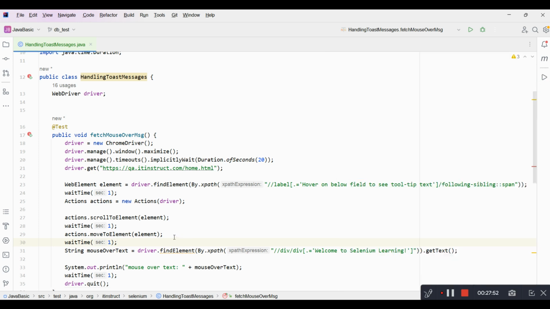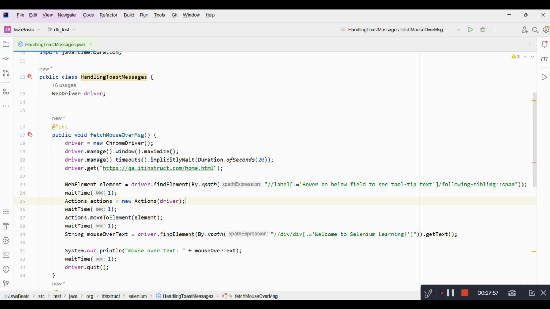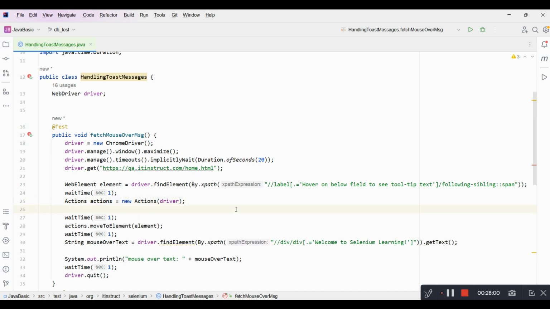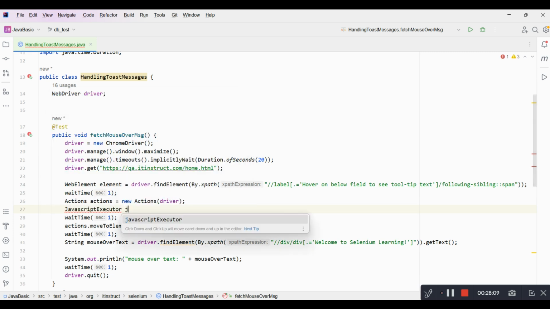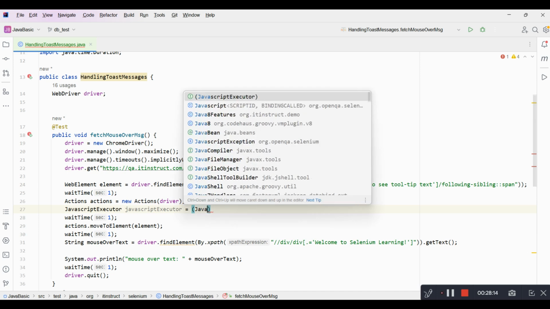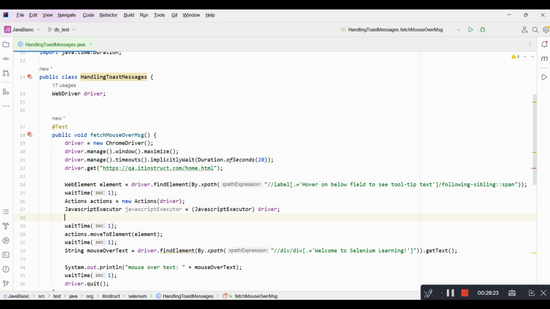So let me take help of JavaScript scrolling. JavaScriptExecutor, and give the handle of driver to JavaScriptExecutor. After that you can see, sorry, JavaScriptExecutor dot